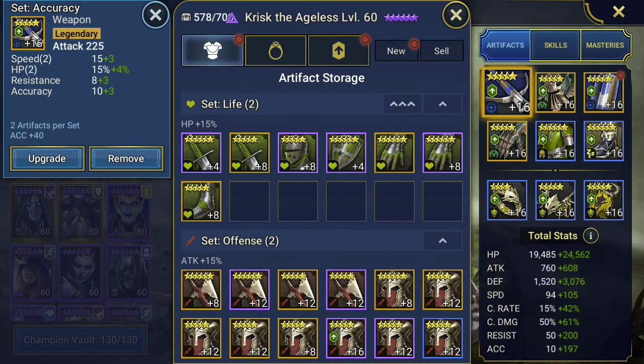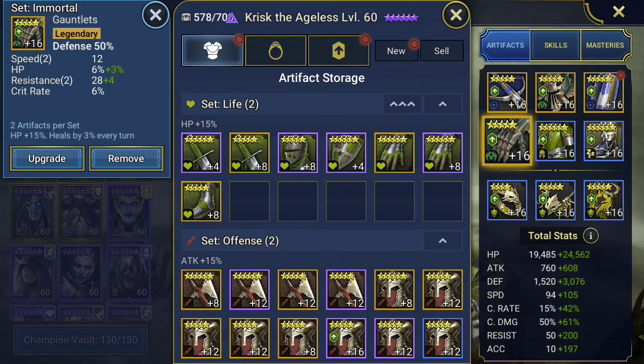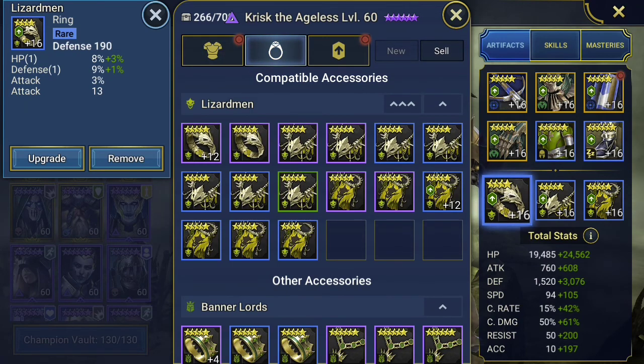Just a quick run through. I kind of focused on speed, defense, resist, accuracy. Hit points wasn't a major focus; I figured that would come along with the gear, and I am not disappointed at 45k hit points or so. But as you can see, there's pretty much a focus on speed and defense, and I let